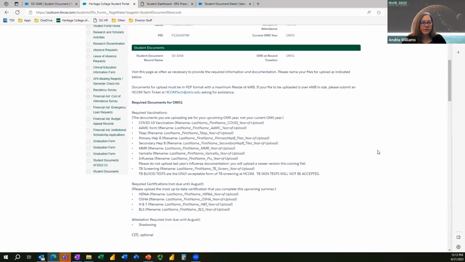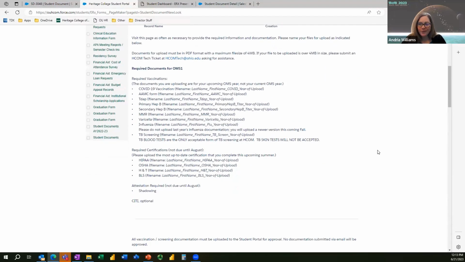So as an incoming student, it's very overwhelming. There's a lot to do, especially going into medical school. And so at the very top, we first and foremost have, this is what's required of you. These are the required vaccinations. We have suggested file name conventions. I would say probably 80 to 90% of our students actually followed those instructions, but I'm sure everyone can relate to that. So we have all of the required vaccinations, some guidelines to help them know